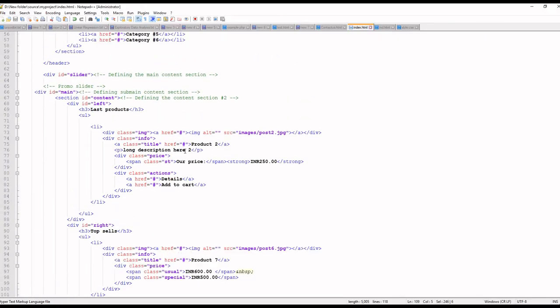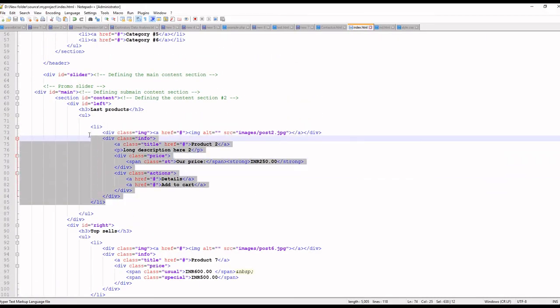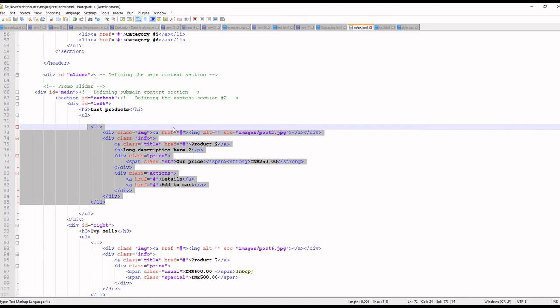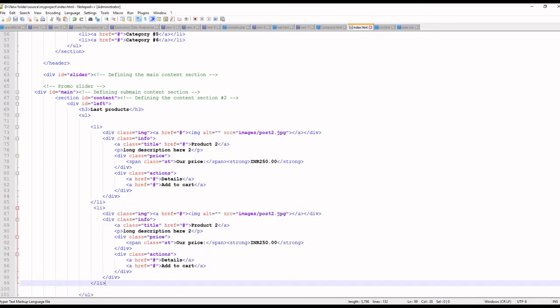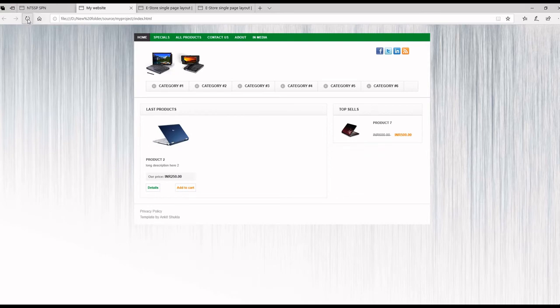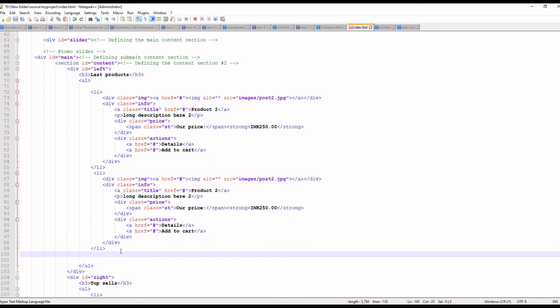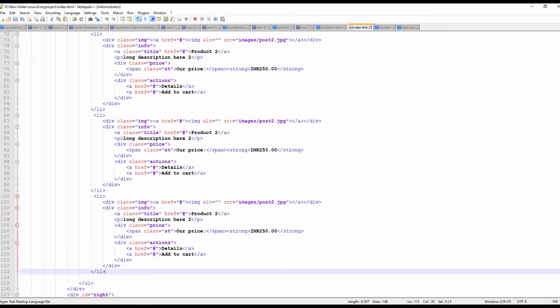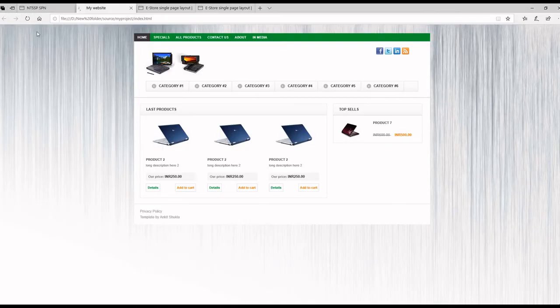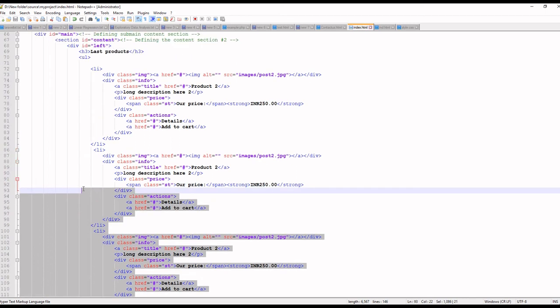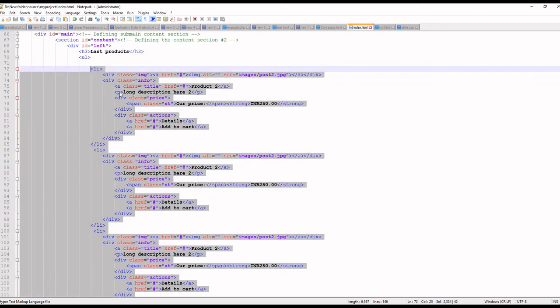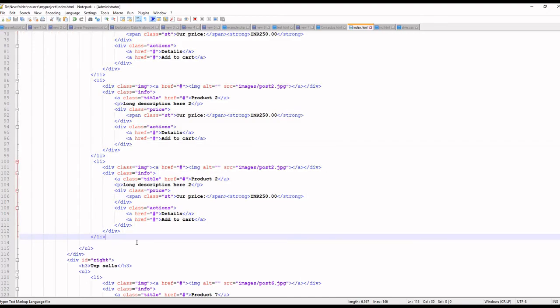Now if we compare this website with this, I will copy the same code. I will copy li. Suppose I want to see another product: Control C, under the UL Control V. Now if I save and refresh, you will get two products. Similarly, I will copy one more time, Control S, and refresh your page. Now we have 3, and now I will copy all 3, so we'll get 6 products on it.